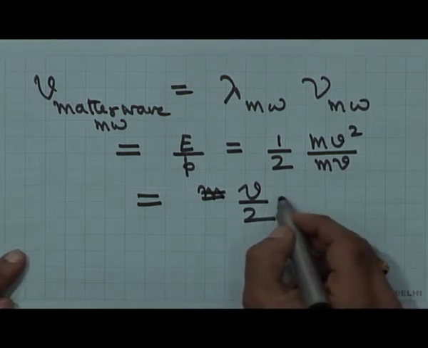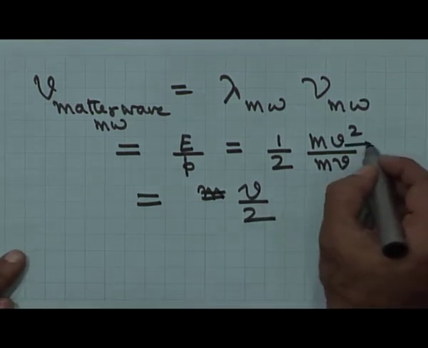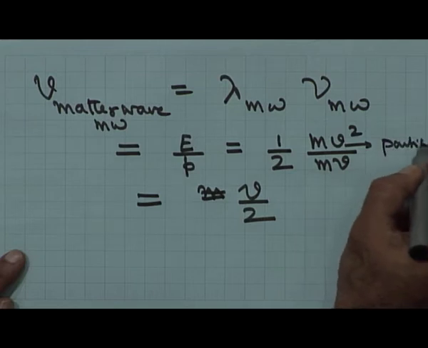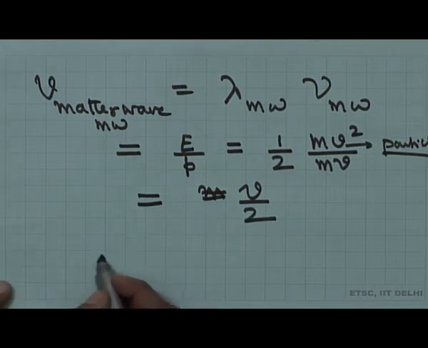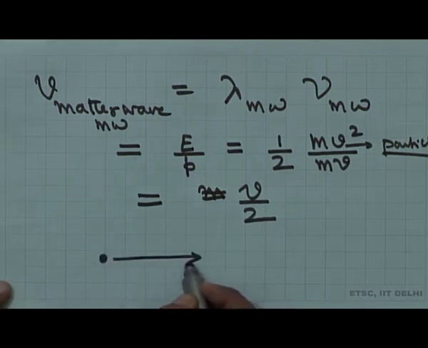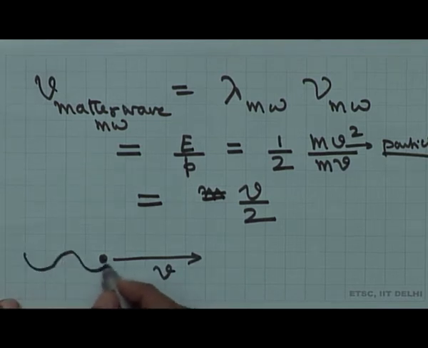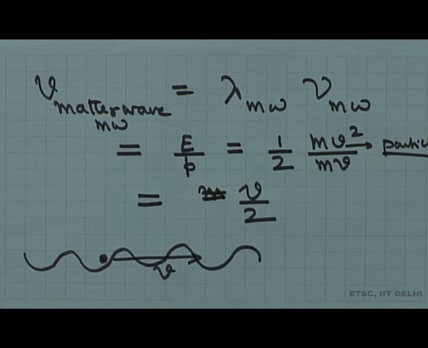And what is this v? This v is of the particle. So what we are saying is that if you imagine that the particle is moving with a velocity v, then there is a certain wave associated with it. That is what de Broglie is saying. It is not entirely a figment of imagination, because the great experiment of Davisson and Germer has shown that there is some meaning to that.